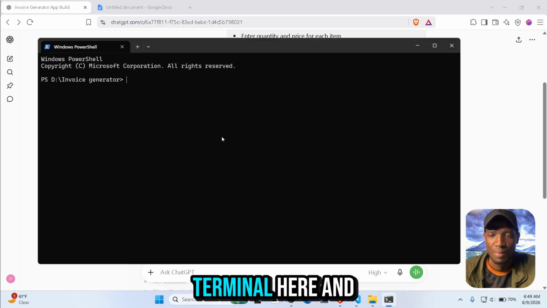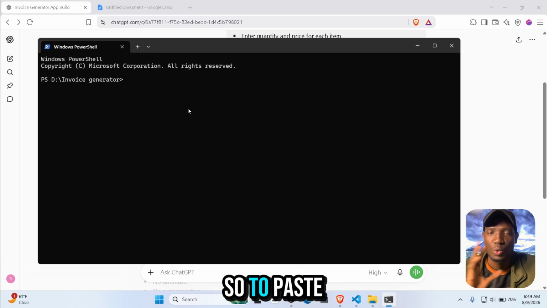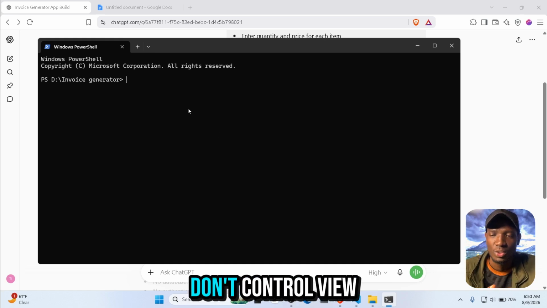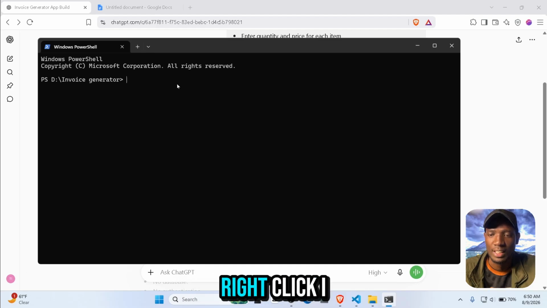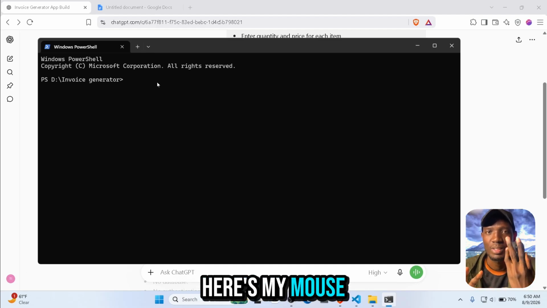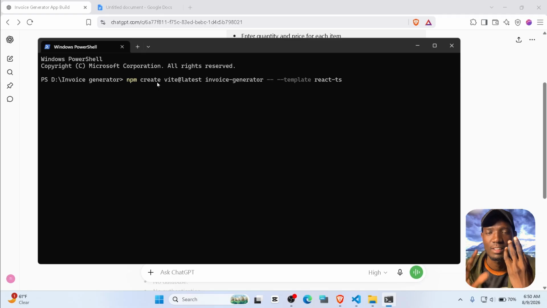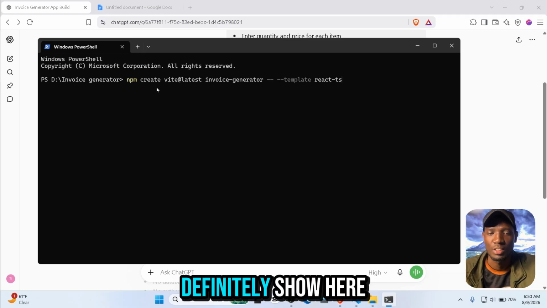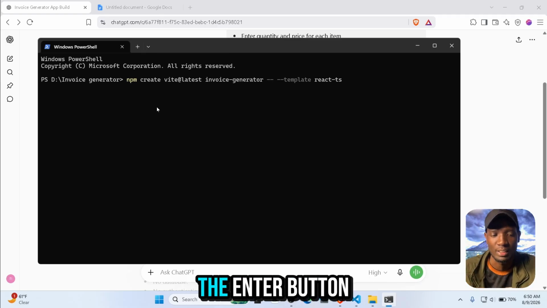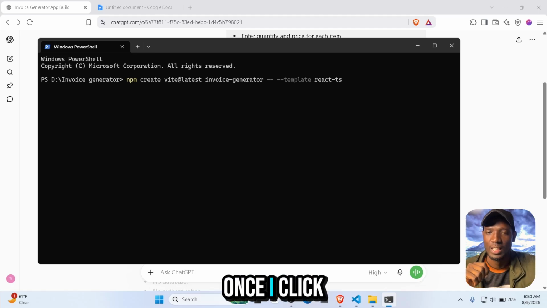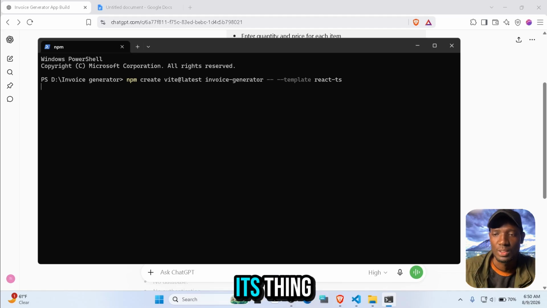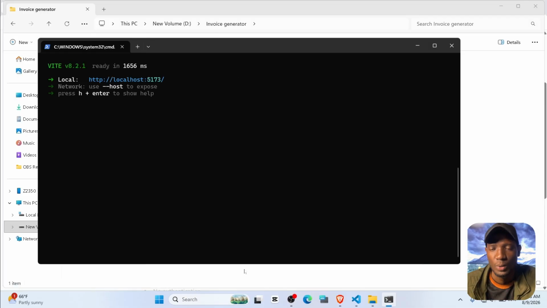Come to your terminal here and then paste it here. To paste, you're just going to right click. Don't use Control V or any other shortcut. Just right click. Once you right click, it will definitely show here. Then after that, you just press the enter button. Once I press enter, it will go ahead and do its thing. That is creating for us that template. All right, so once that is done,